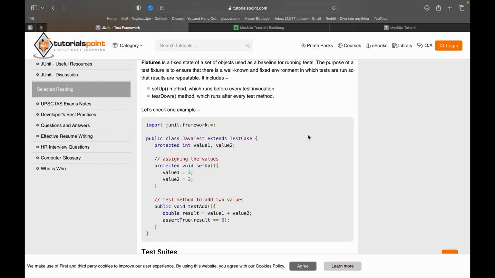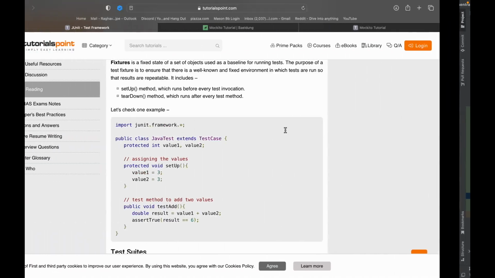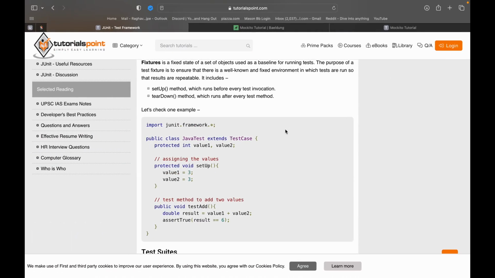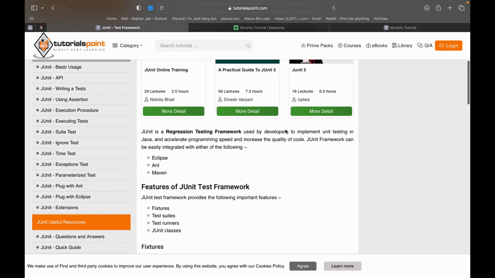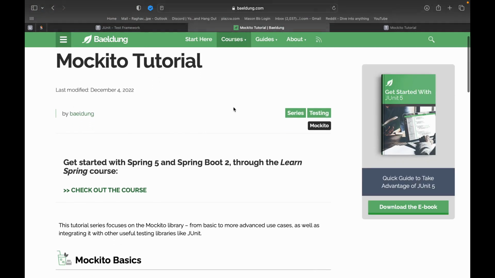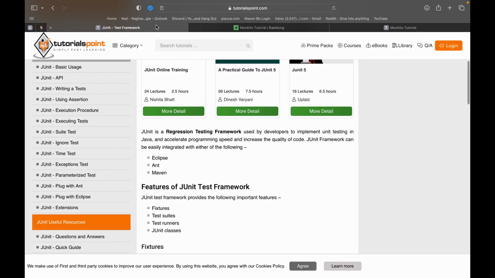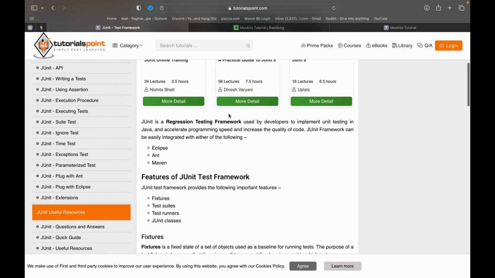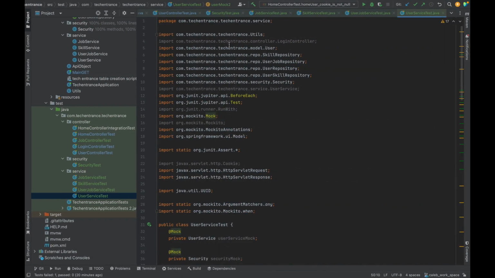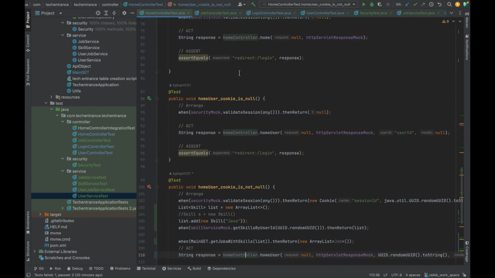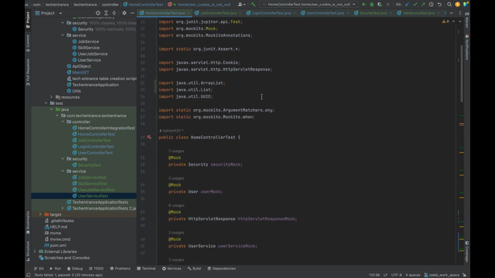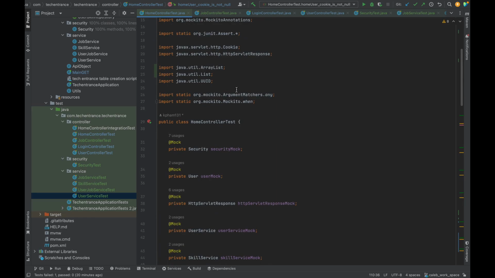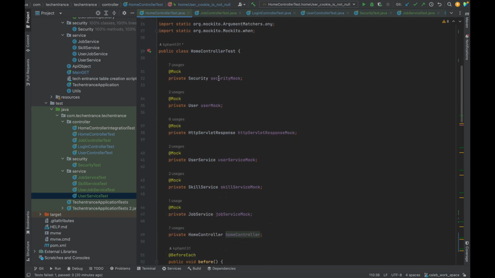So now I'm going to explain how we did our testing for this project. Basically, the only framework we used was JUnit, and we also used Mockito, which helped us to mock some functions. So for each class, we added our import statements, all our necessary other import statements, and